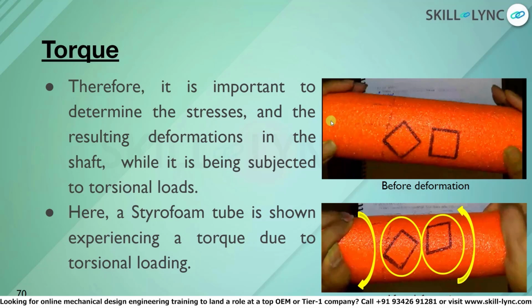By doing this, we can see there is a change in the shape of these boxes. The rhombus here has a change in its length and breadth. At the same time, the rectangle here has a change in its angles. So by change in angle, it means that this rectangle is undergoing shear stress while the rhombus is undergoing normal